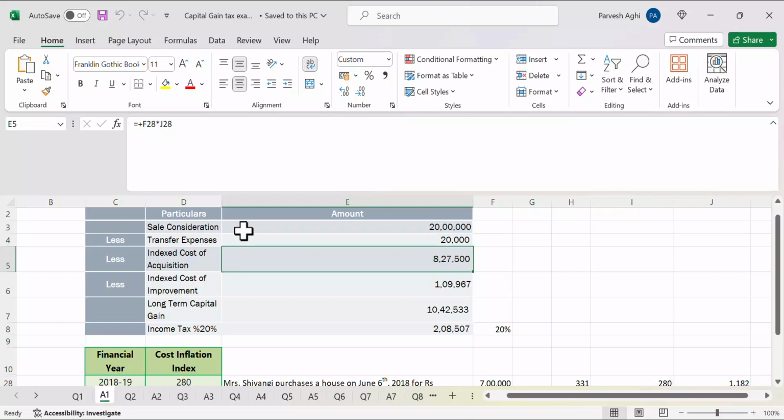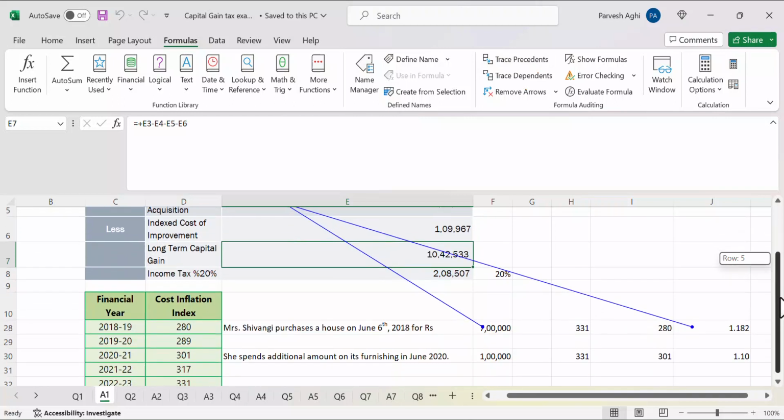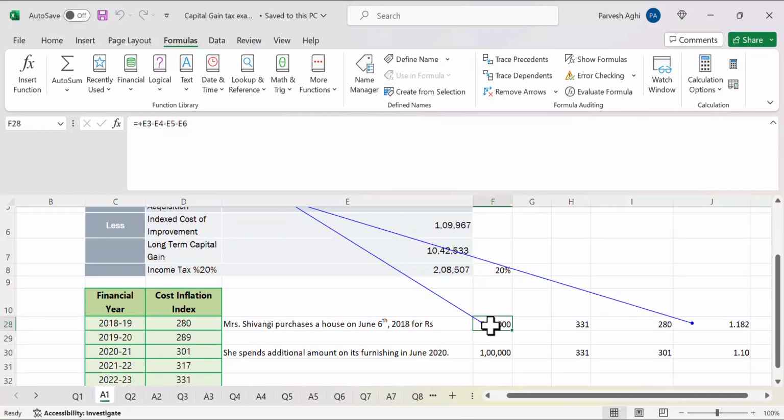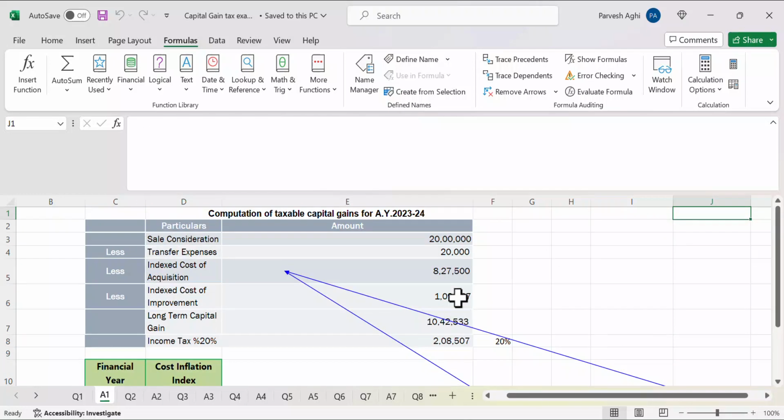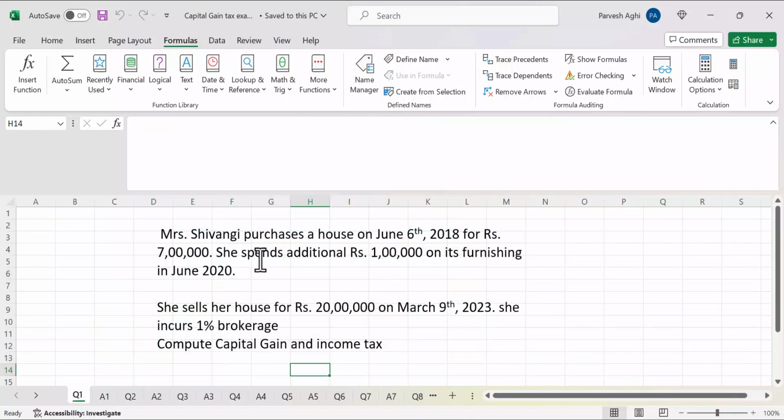Index cost of acquisition, which we have calculated here. I'll just show you the formulas. So basically it has been calculated like this. For the 7 lakh property, the base is 331, and 280 was the year of purchase, so we have calculated this as 8 lakh 27,500, where I have applied the cost of acquisition index because in this question it is written that